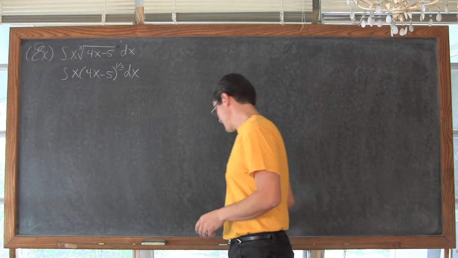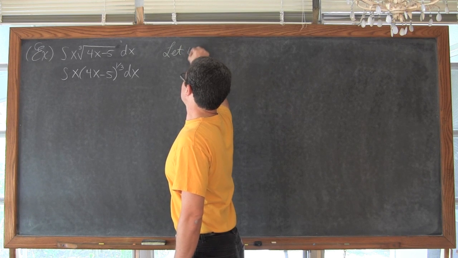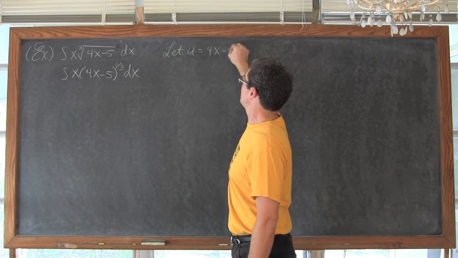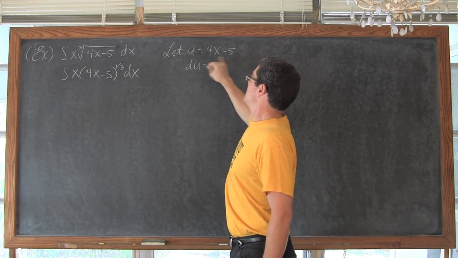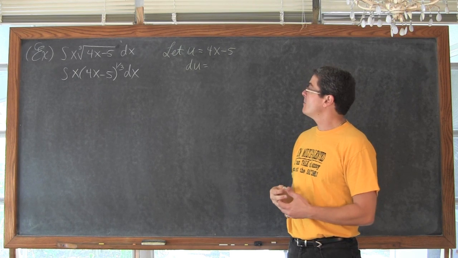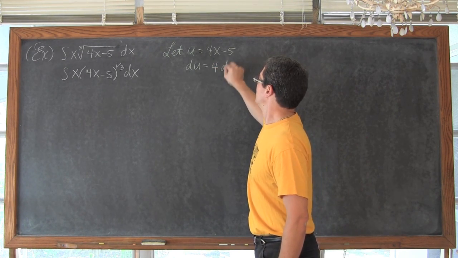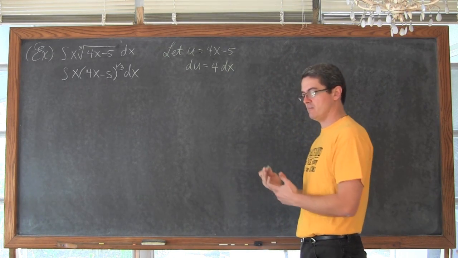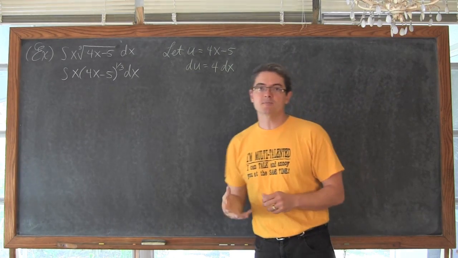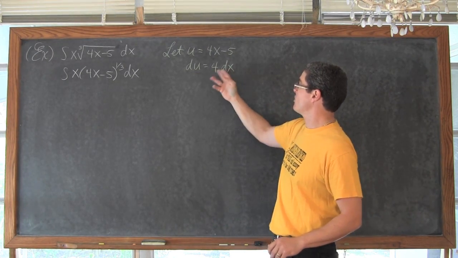All right, so everything seems like the previous question. We're going to let u, always best to let that equal the inside function, so let u equal 4x minus 5, and then du is going to be the derivative of this, and then the dx at the end. Well, the derivative of 4x minus 5 is just 4. So we have 4 dx. So if we take inventory of what we have and what we need to replace, in the u substitution we want to take all references of x out of the problem.